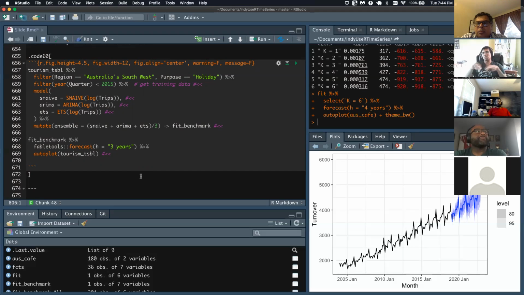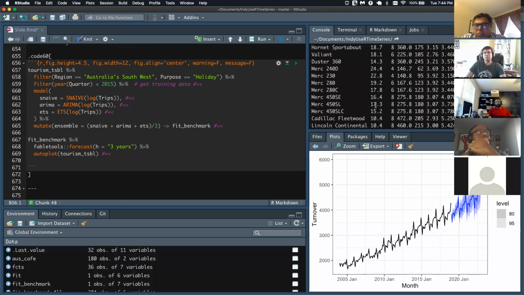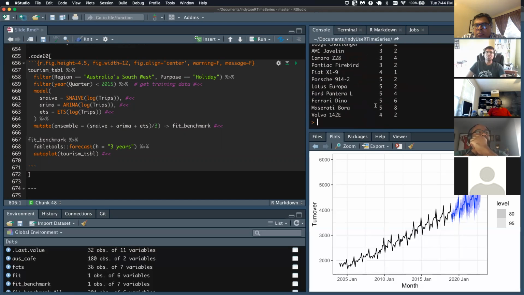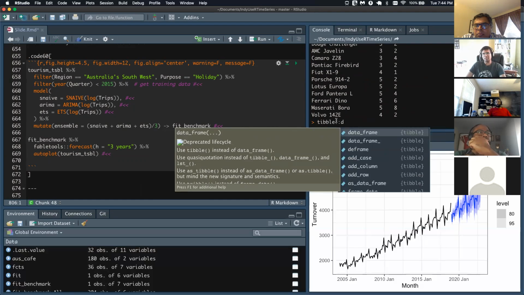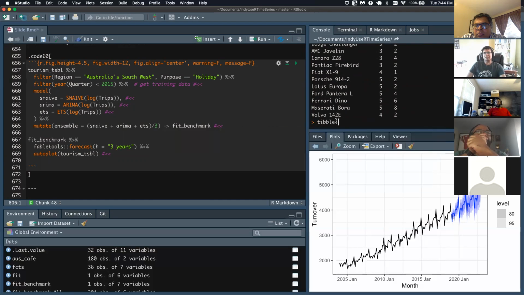So when you type into your console a table that is not being fully brought back, it'll tell you that. For example, mtcars as a tibble, right?